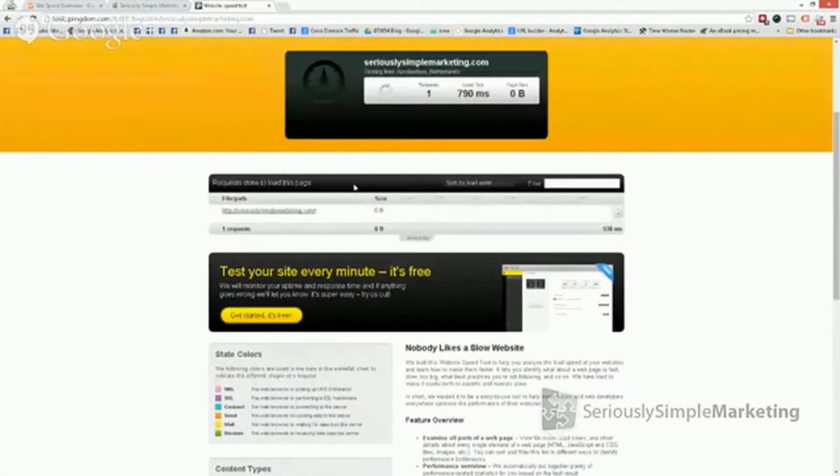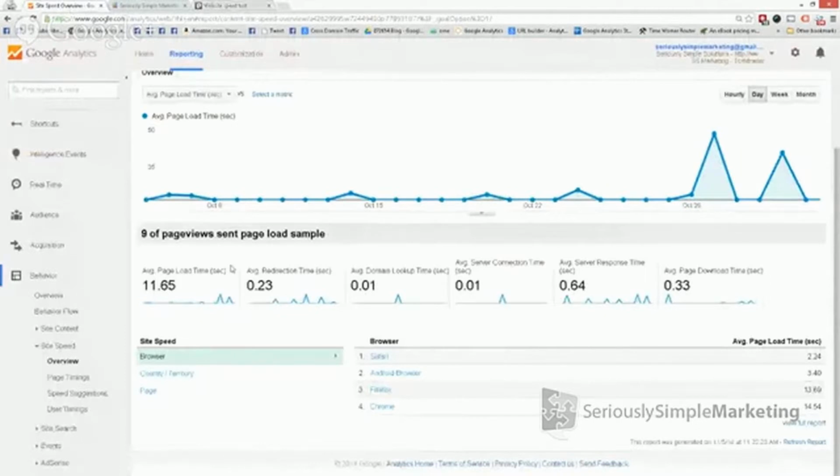So you put in your website domain. It's going to take a little while to do this because it needs to. So I'm going to let that crunch for a little bit, and then I'll show you what the report looks like. But what I like about using Pingdom versus Google Analytics is Pingdom gives you a very specific breakdown of what's happening where. So you know exactly what's going on. You can work with your developer to do that.